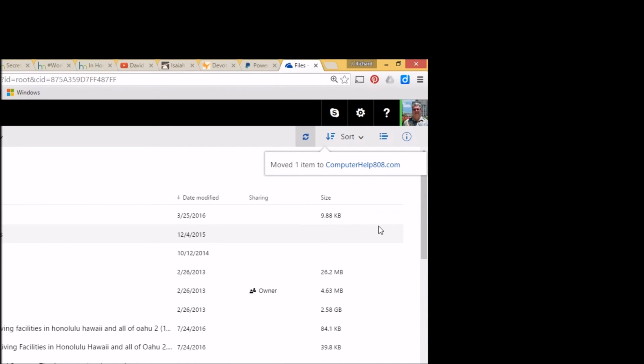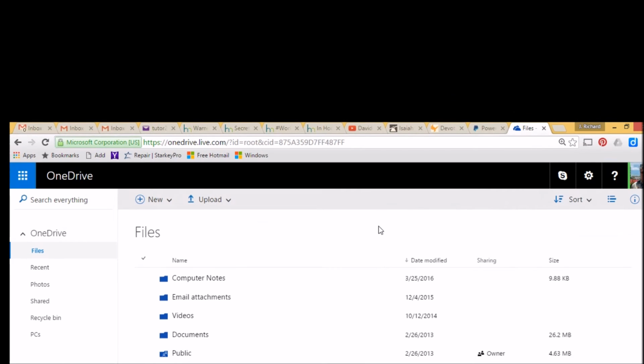And that's all there is to moving folders around or files around and managing them in your